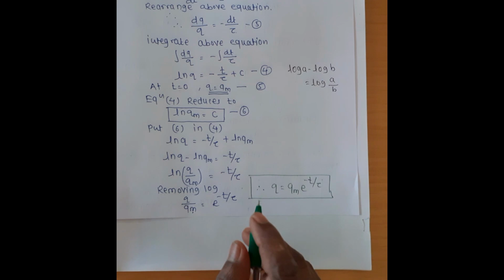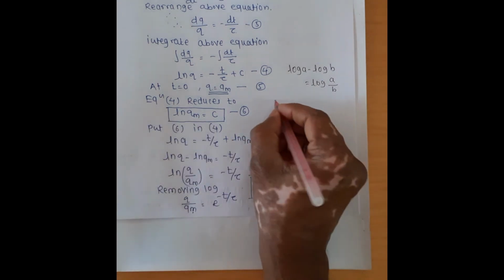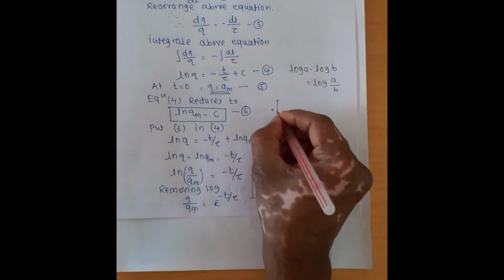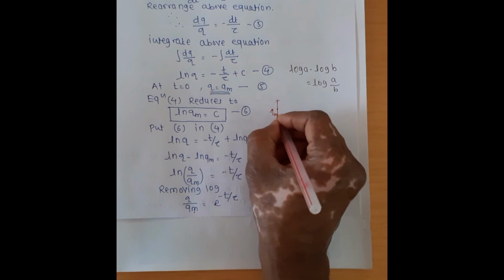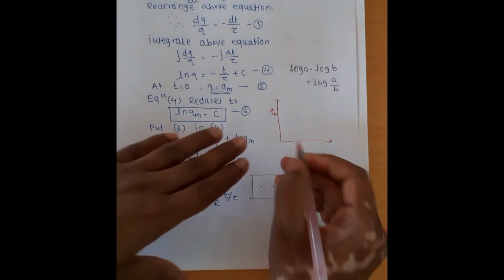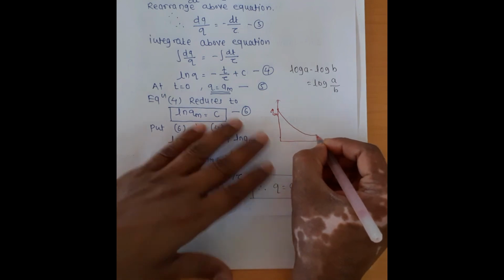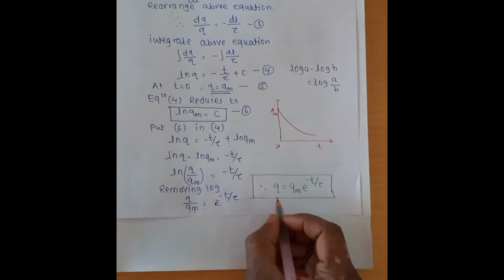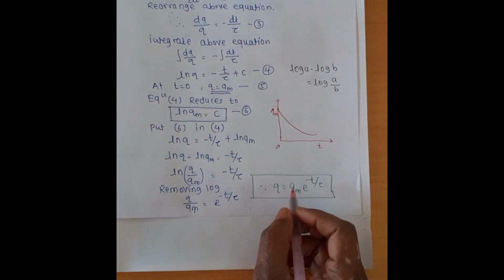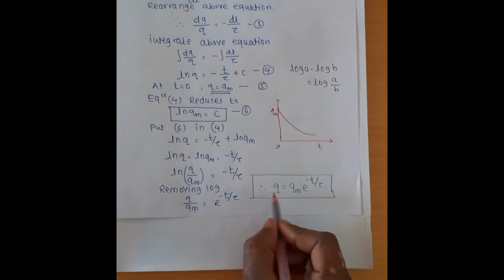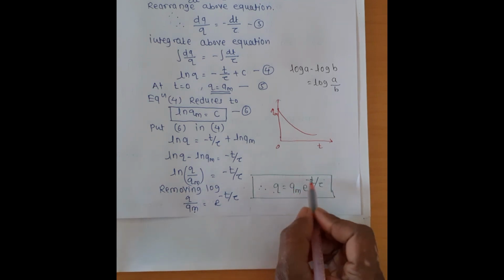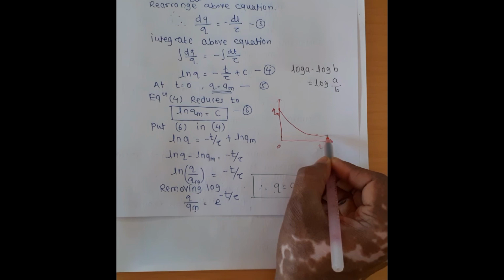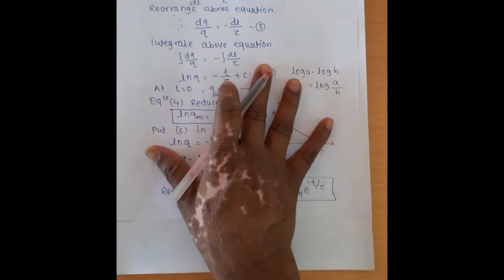So it means the condition will be a discharging, and the graph shape is like this. I draw a simple graph here. See, there is the initial condition, because at that time q will be maximum, so qm. After some time interval it will be discharged through time. It means as time passes, the charge will be discharged. Then we get the value of q is equal to qm e raised to minus t by tau. So q decreases exponentially with time and eventually becomes zero. After some time interval it tends to zero. Okay, so this is the solution of the problem.